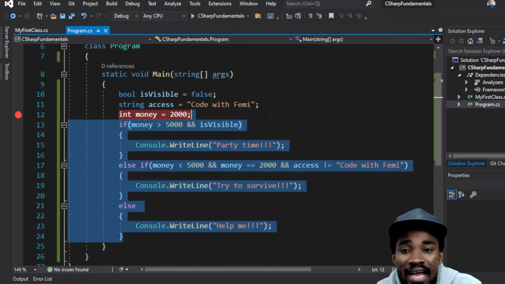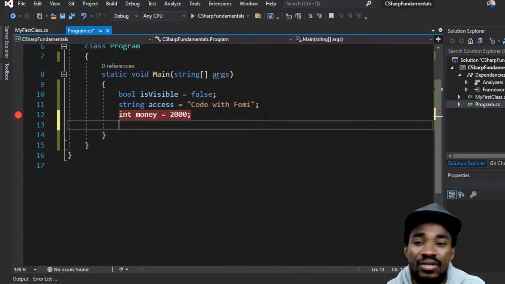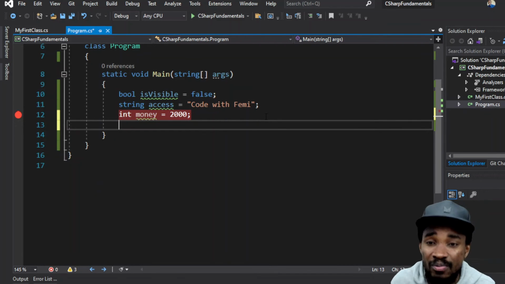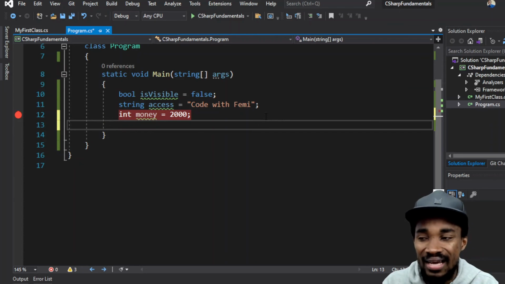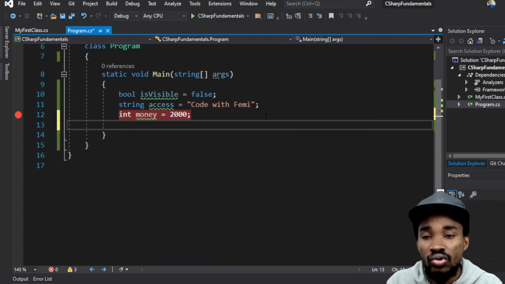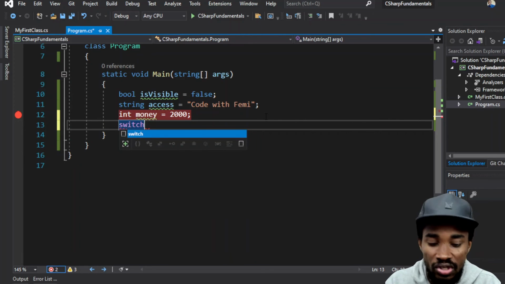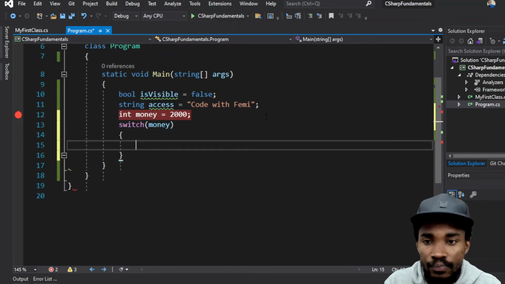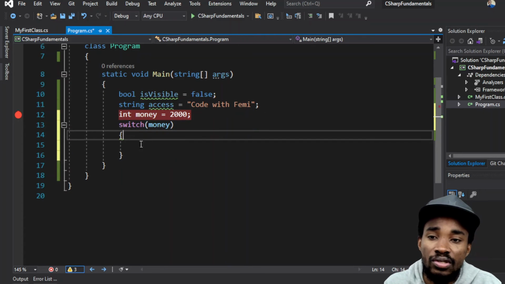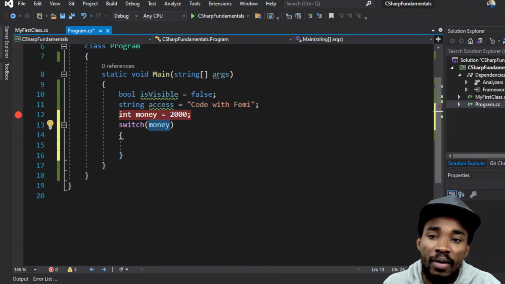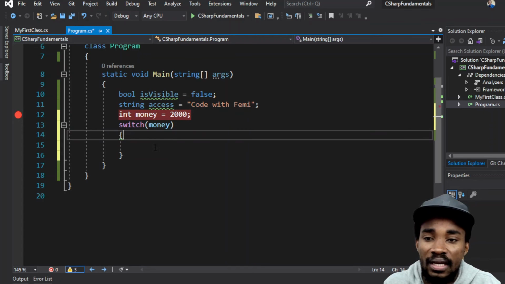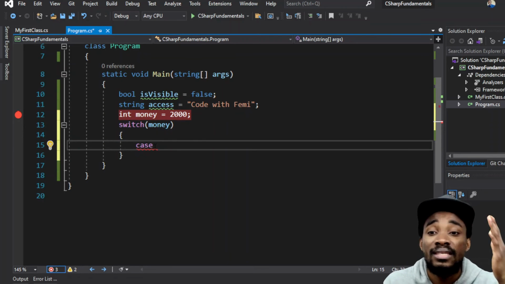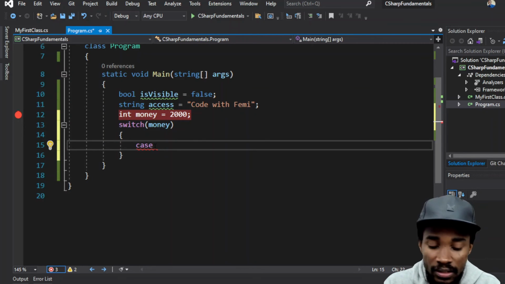Like I mentioned earlier, there are cases where you don't want to use if else because it's just too messy and it's going long. So what we do is we use switch to handle that. I'll just pass in money. This is how you declare a switch. You say switch, then you pass in the money, and in there you have the case scenarios that you're dealing with. So I can say in the case where money is